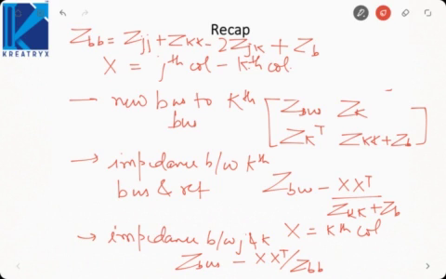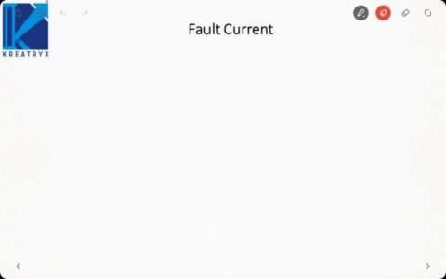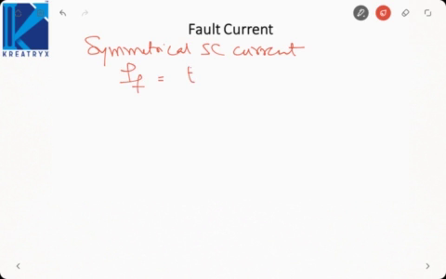In this lecture, we will study how to use the Z-bus matrix for the case of fault analysis. Now, how did we determine the symmetrical short circuit current? In symmetrical short circuit current, we were converting the network into the Thevenin equivalent, that is one EMF and one impedance. And then we wrote fault current is equal to EMF over, let us say, Z equivalent plus ZF, where ZF is the fault impedance,